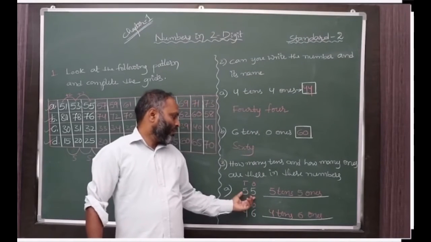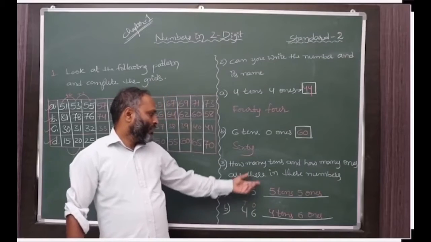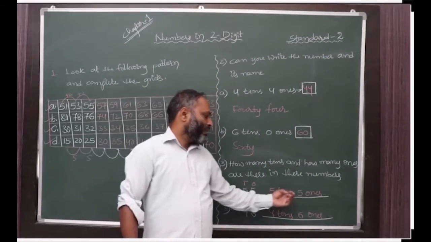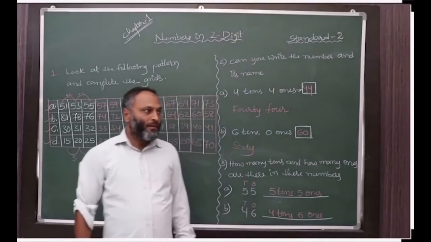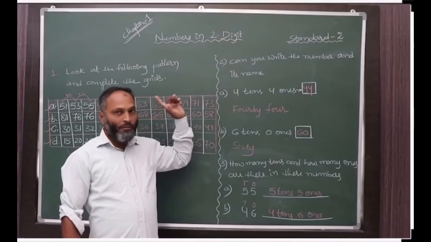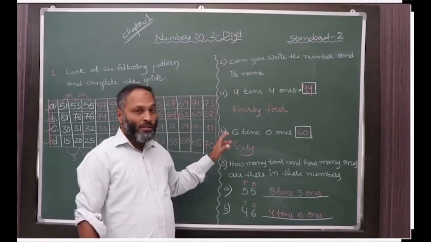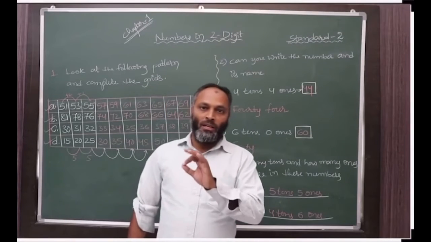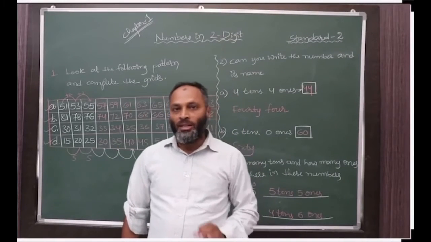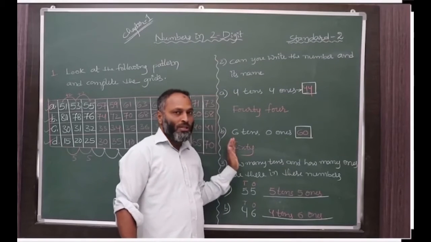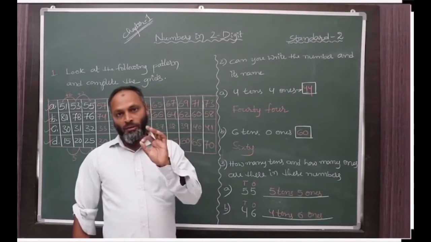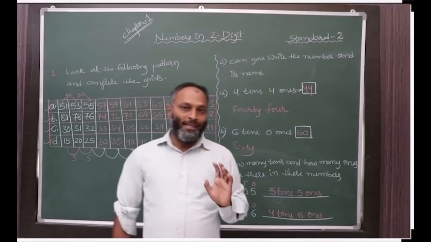So here, 55 in the number form is 5 tens, 5 ones in this form. We completed this in our previous class. Now in this question we did 2 questions. 2 more questions were there in your textbook. That is your home assignment. The same kind of questions were given that you have to do as your home assignment.